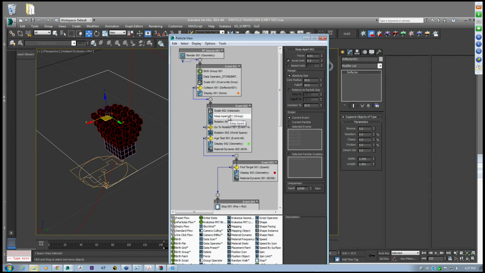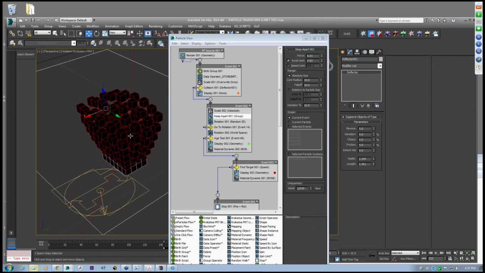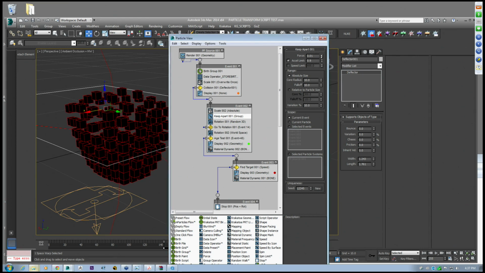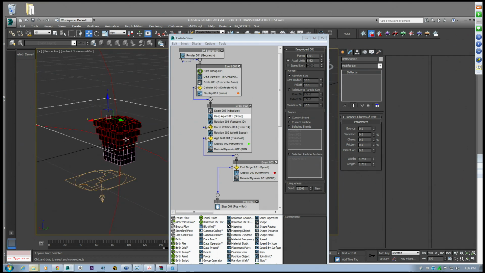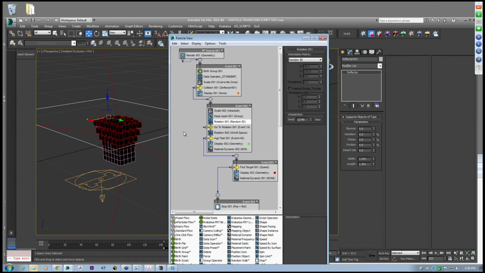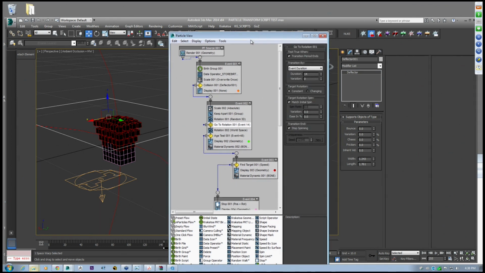We're pushing them apart with the keep apart node, and we can play with how this reacts. We can change the settings of this. That's what's great about this system: once you've set it up, you can not only change the objects, but you can very easily change all of the settings within it. So we've got a keep apart, we've got a rotation, random 3D, and then, this happens slightly later,